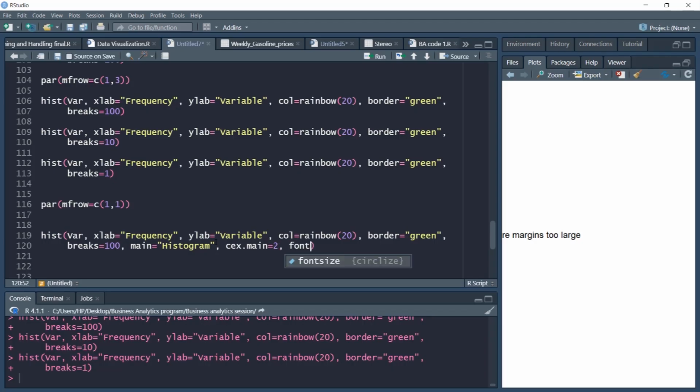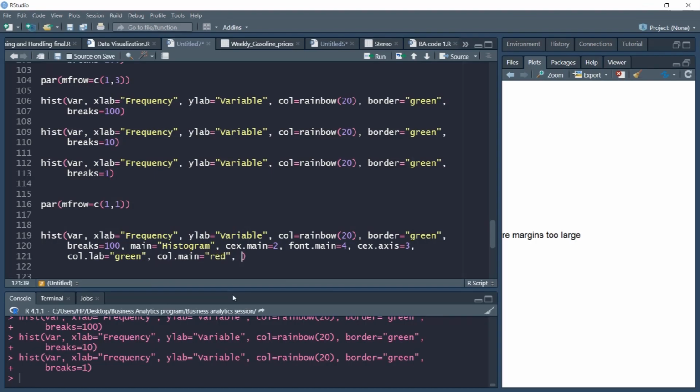You can also change the font. If you want to change the font, you can use different fonts. Let's use 4. You can also change the axis sizes. So let's say cex.axis 3, which will increase the size of the axis. You can change the label colors to green. Axis labels maybe green. Central heading also you can change. So probably if I want the central heading in red, I can use red.